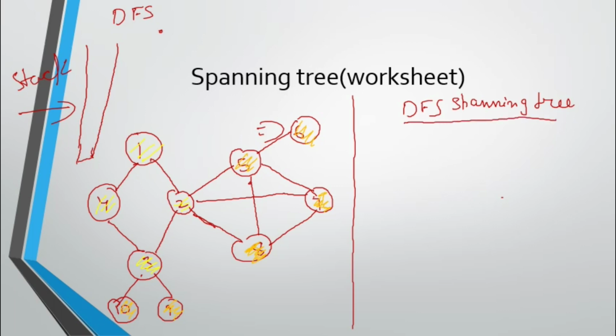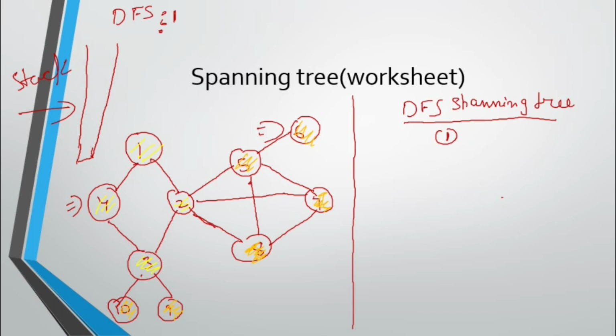So the currently working node is first 1, because I will start from 1. Write it into the sequence, and you have to draw the 1 first in the tree. Now from 1 we have to go to the next vertex. So 2 and 4 are there. You can go anywhere, so I will go to 4 next. Once again, there is no hard and fast rule that you have to go in alphabetical order.